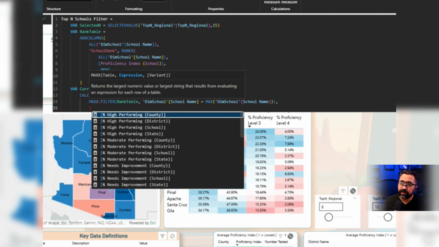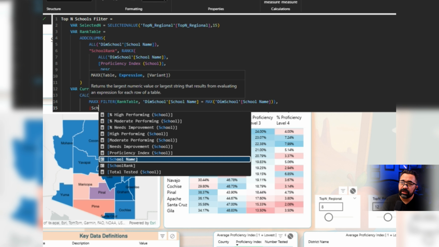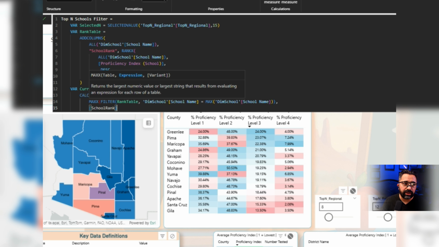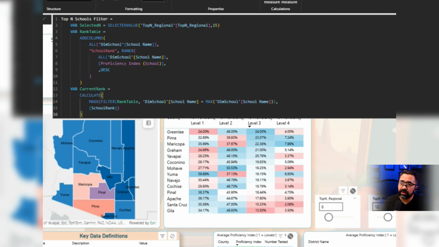This will be open square bracket, and we'll put in SchoolRank, and then close parentheses. New line, close parentheses once more. New line,